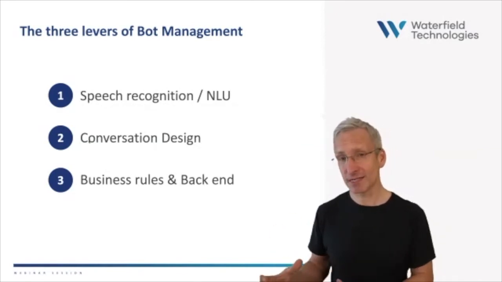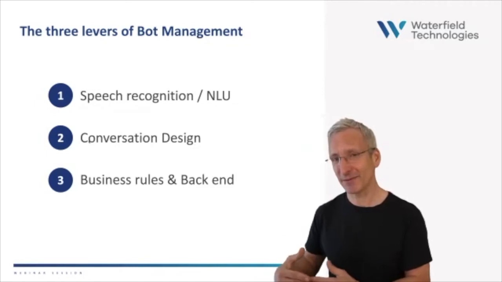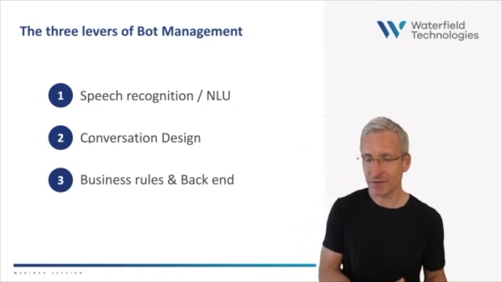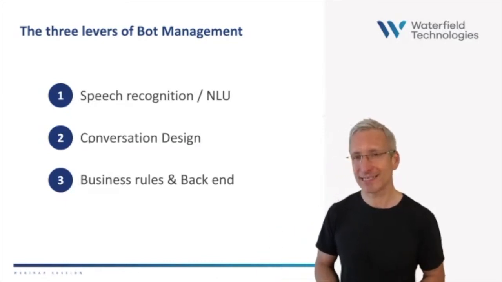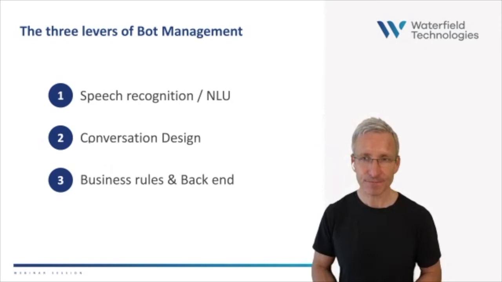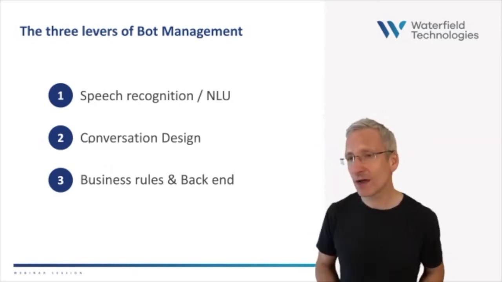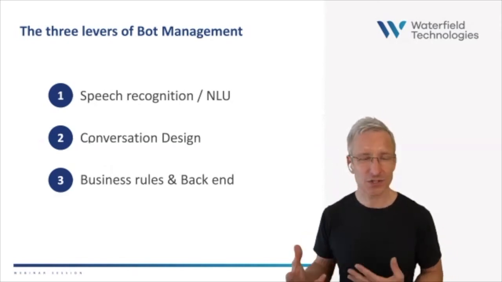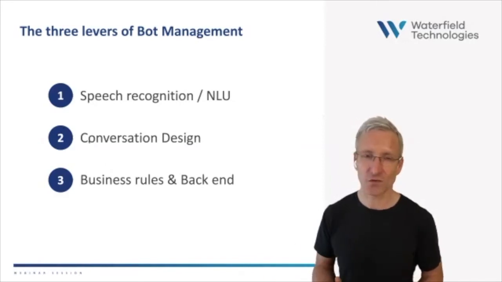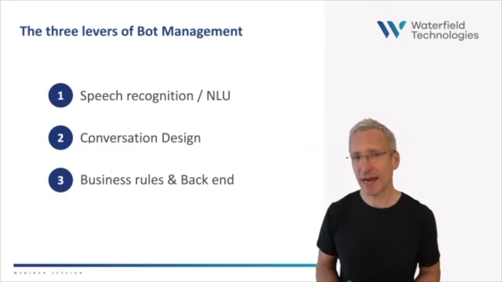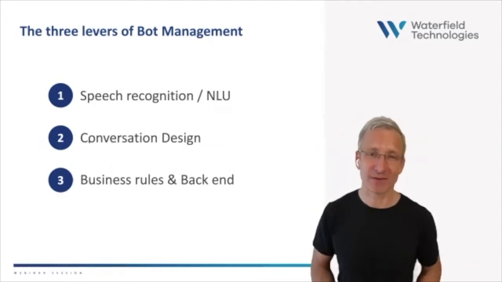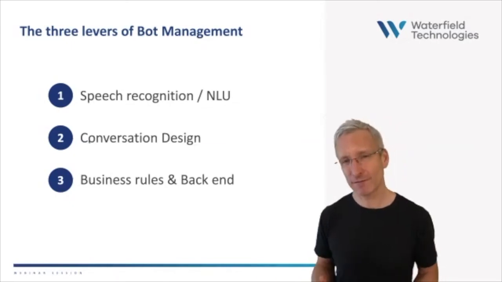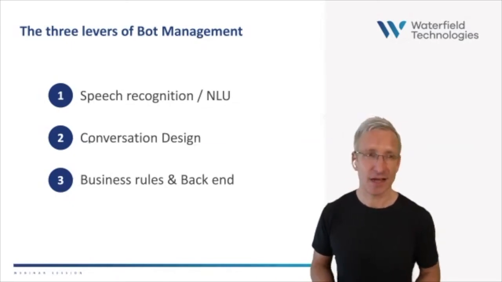Is your data up to date? So are you sending the right people direct to agents that you should be? Like maybe those VIPs we talked about, regular customers, or customers with particularly sensitive needs, like those in debt. And a big one is API timeouts, or just the information coming from the back end not conforming to what the system expects. And of course, the bots can only do what they're told. And so if the API is not giving the bots the information they need, or it's coming back in a form that they're not designed to accept, then this is going to really trash your task completion.